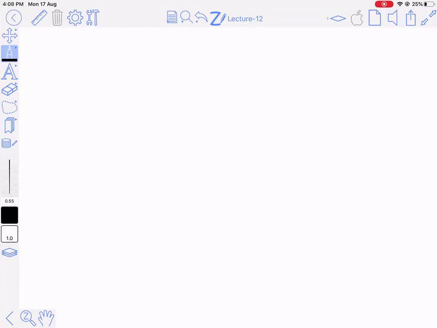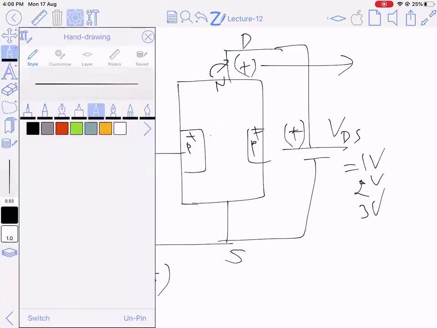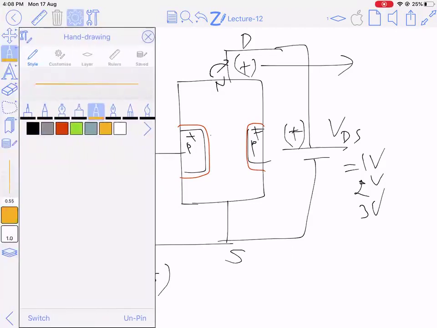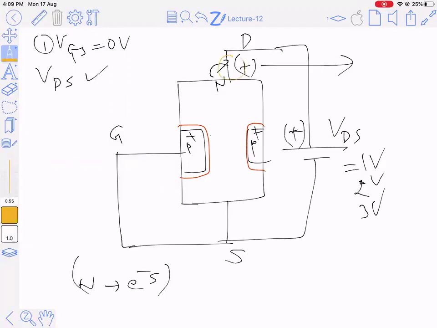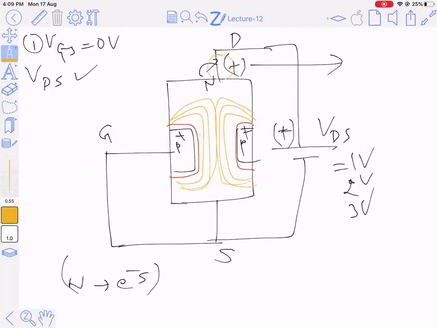Right? But what is happening on the other end? The reverse bias. See, N is connected to plus over here, right? So what is happening? The reverse bias. See, initially when you join PN junction, you have the initial depletion region which is already present. Now what has happened is you are applying more positive on the drain side. So the reverse bias has increased and your depletion region width also increases. So as you keep increasing VDS, though the current increases, at one point the depletion region will touch each other, right?